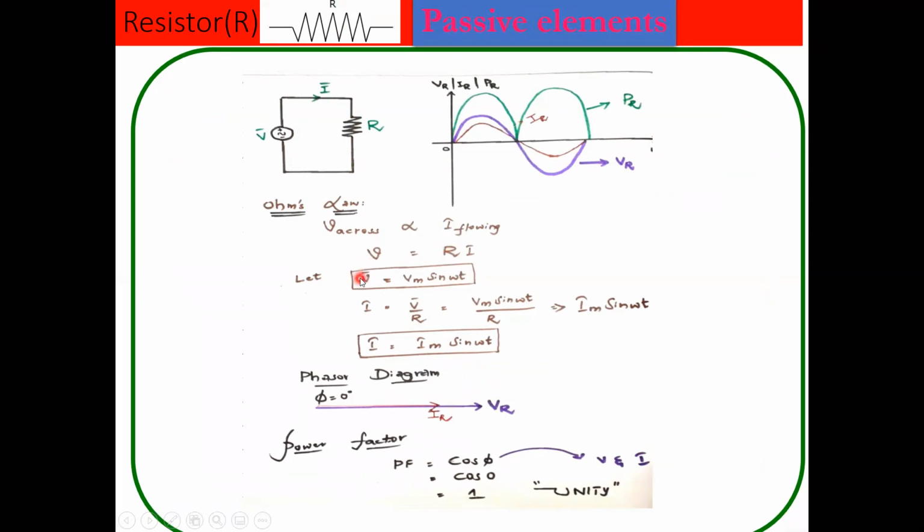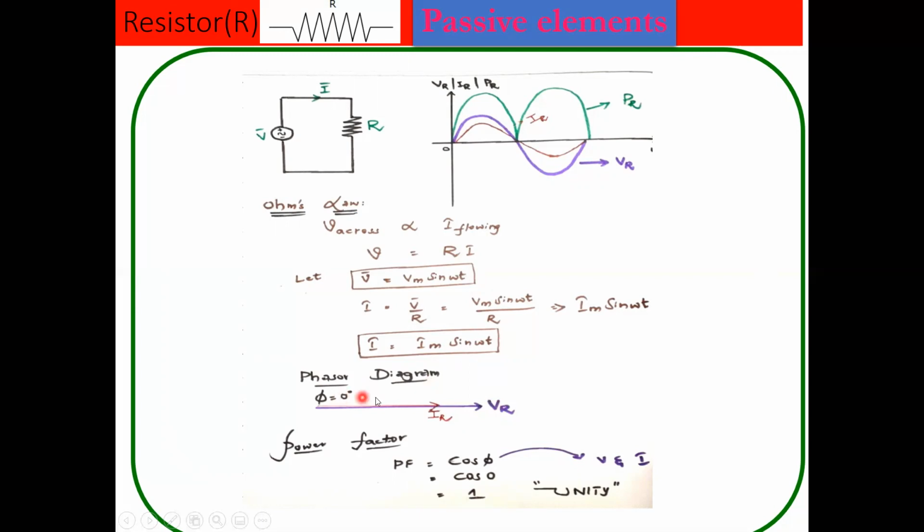I would like to produce sinusoidal waveform equations. We learned in +2, V equals Vm sin omega t. What's that? Vm is nothing but maximum voltage or magnitude. Omega is nothing but angular frequency. And I would like to separate this: I equals V by R. V is Vm sin omega t by R. Vm by R is nothing but Im. When I apply some sinusoidal voltage, we arrive at the same sinusoidal current. There is no phase angle difference. Is there any angle difference? No. Voltage is in phase with current. Is there any angle? No.